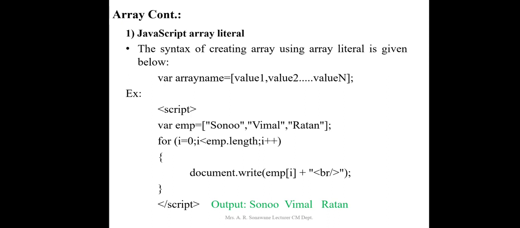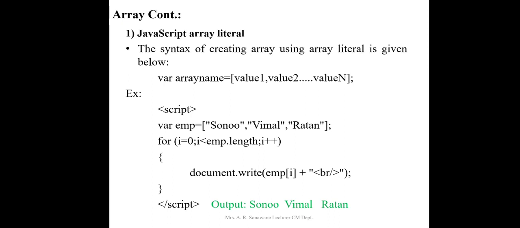The syntax is similar to the array initialization that you have done already in earlier languages. Here also the var keyword is responsible for declaring a variable name. So var followed by the array name equal to, and in square brackets you include multiple values separated by commas. The only difference is that in earlier languages you used curly brackets, but now you replace them with square brackets.